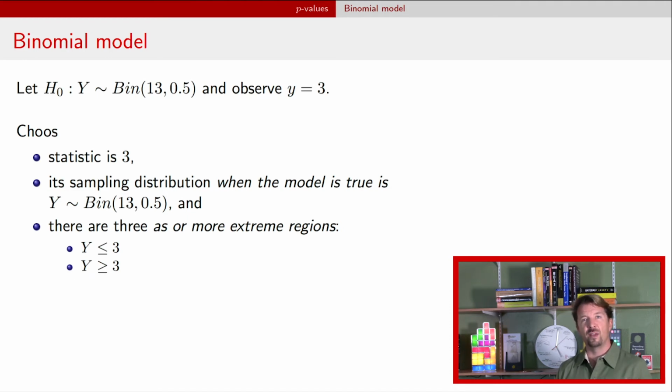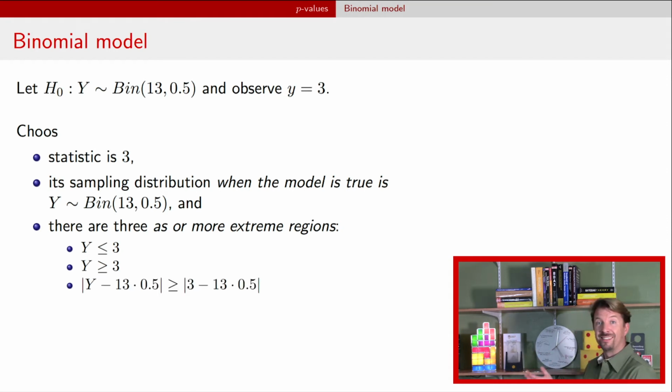And then finally, we have one that's a bit more confusing perhaps, but basically the idea is that before we collected the data, we knew what we expected with a binomial distribution with 13 attempts and probability of success 0.5. The expected number of successes was 6.5, which is 13 times 0.5. And so we can think about the observation that we actually then collect being farther away from that expected value. So this is the notation that represents that idea, being farther away on either end from that expected value.